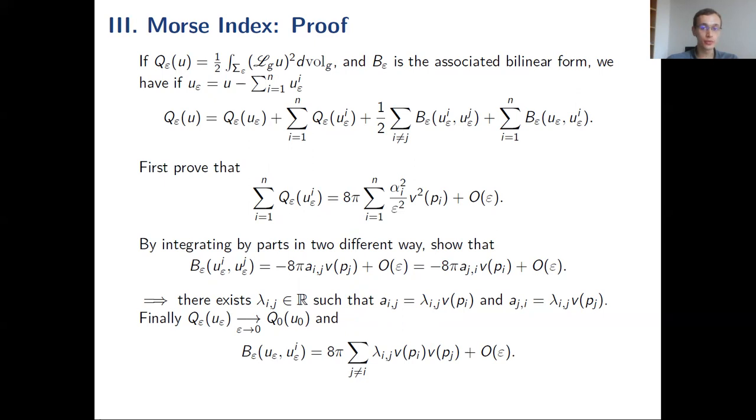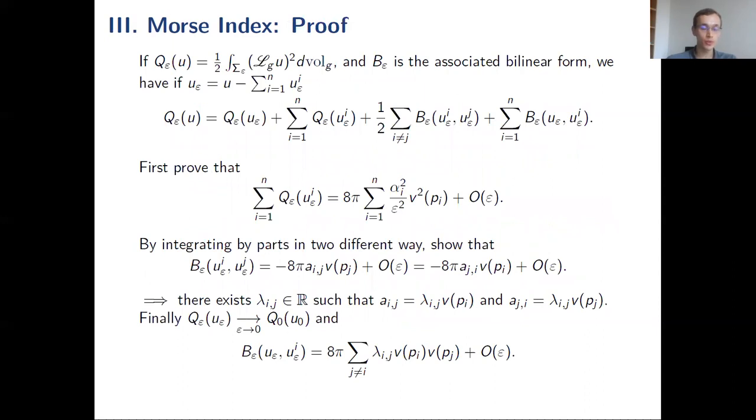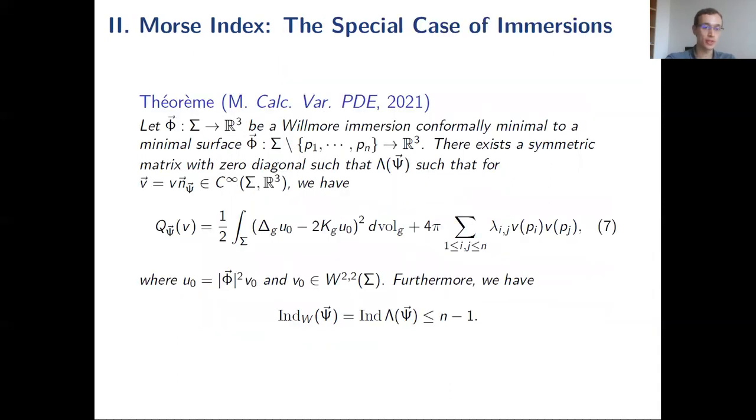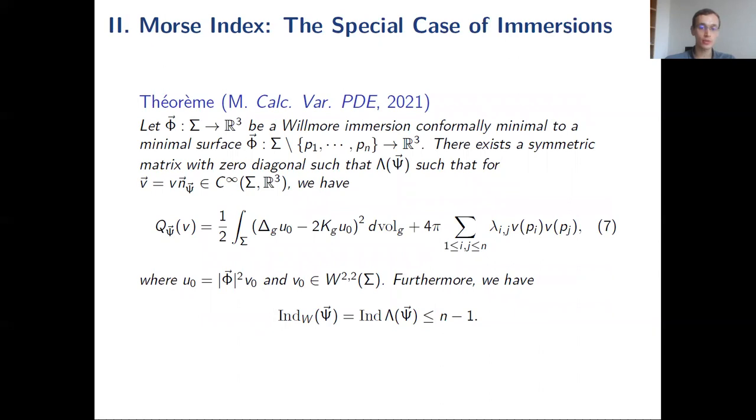Then by a similar computation, the additional term will be of the same form. So if you add up everything, plus the constant term, q epsilon of u epsilon, which will be bounded, because you have already captured all the singular quantity, and you know that the limit exists, then you get this term that I mentioned previously. So I don't know if it's clear. You have this first q epsilon of u epsilon, which will converge to the first term in this integral in 7. And then you have minus 4 pi times this sum plus 8 pi times this sum. So you get this quantity.